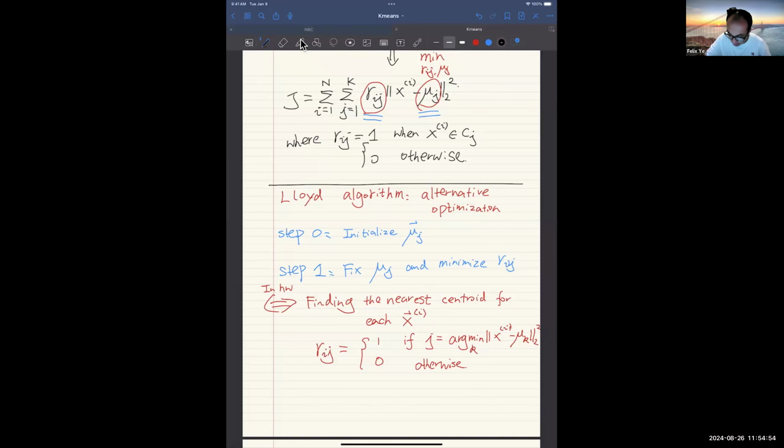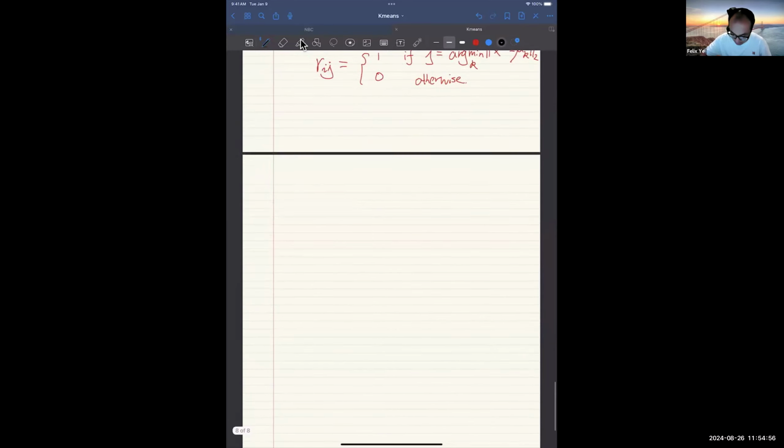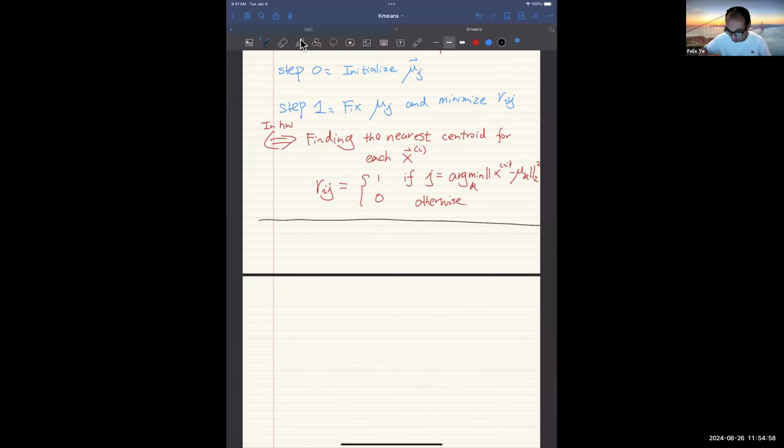Then intermediately, you have a new membership for each of the data x of I. So that means you can update the cluster here,